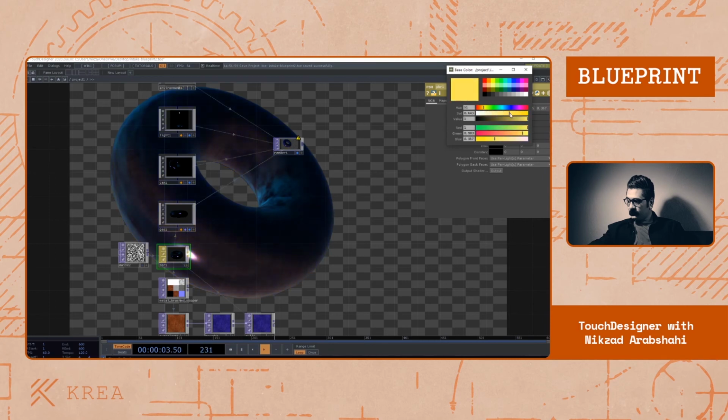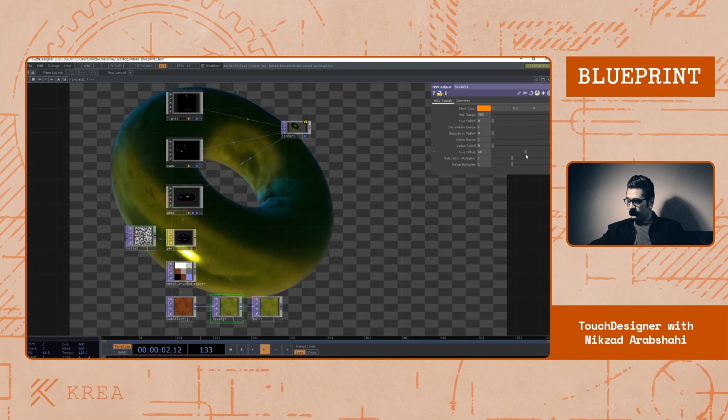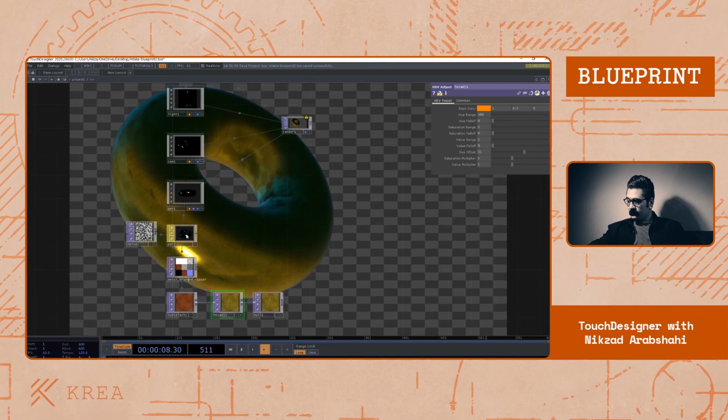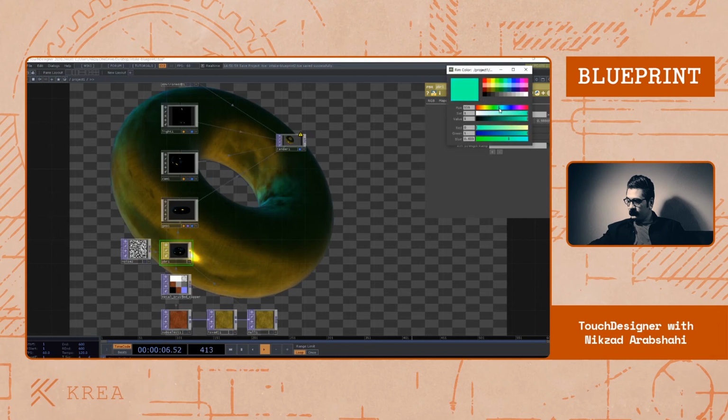Yeah, something like this. And then I can go to my HSV adjust and also change it like this. Come back to my PBR and then go to the rim light and change my rim color to